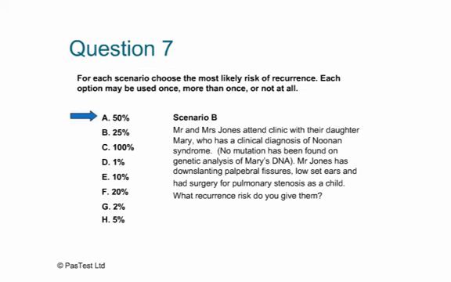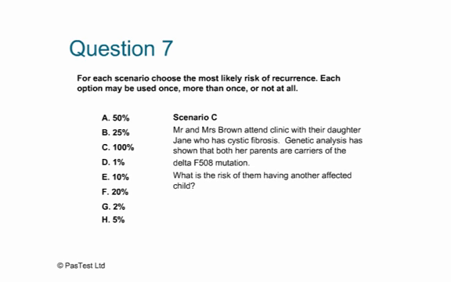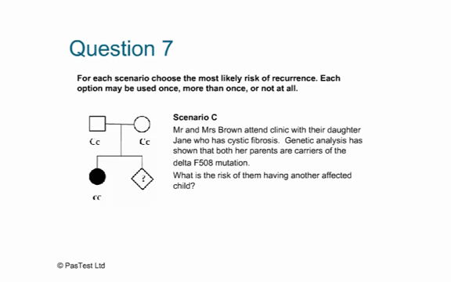Scenario C. This is a case of cystic fibrosis. A couple attend whose daughter had cystic fibrosis. You're told in this case that you have got genetic analysis results, which shows that both parents are carriers of the commonest mutation found in the UK population, delta F508. So then, in this case, what is the risk of them having another affected child? Well, the genetic analysis information is actually a red herring. You don't need to know that at all, because this is simply a situation of the recurrence risk of a